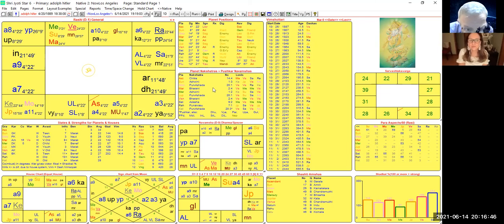Rahu's kind of in its own sign, in Kumbha, and it's in Punarvasu Nakshatra. What's the story behind Varuna, the ruler of the Nakshatra? Oh, it's in Gemini, which is a great place for Rahu. Yeah. But